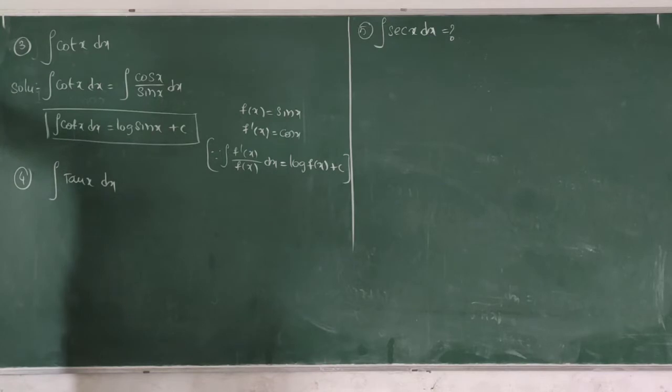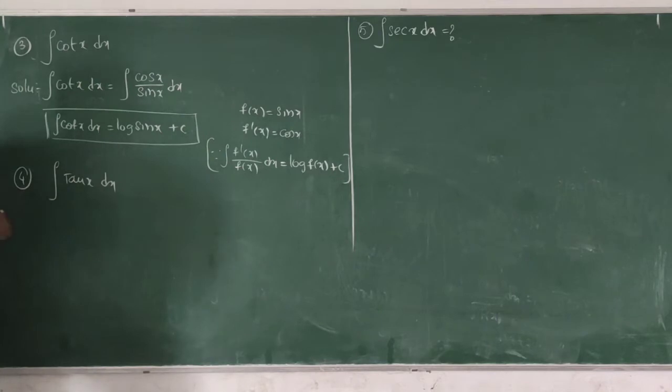Up to now we have learned formulas, but among them we don't have the formula for integration of cot x. So here we have the integration of cot x. The formula is log sin x plus c. In a similar way, find the integration of tan x. There is no formula for integration of tan x either. In which way can we find it? Listen carefully.